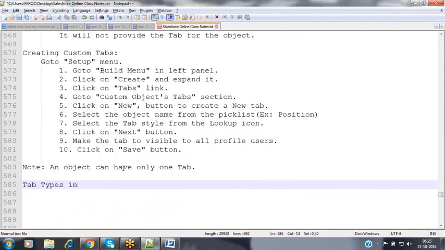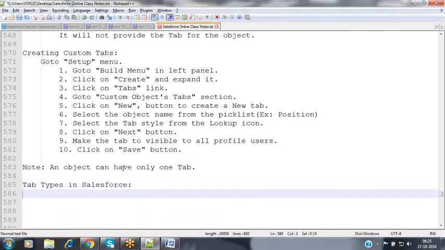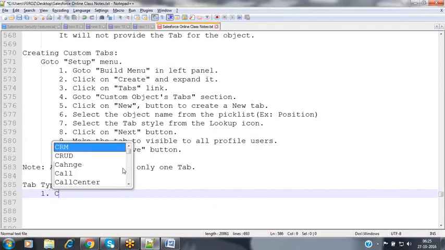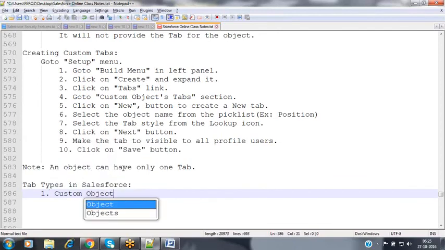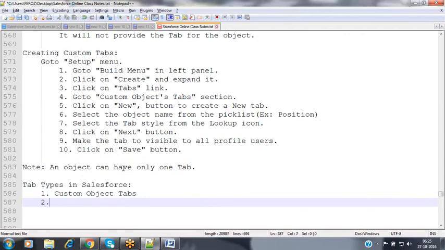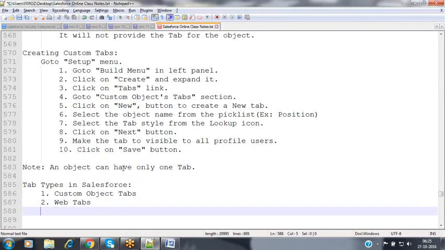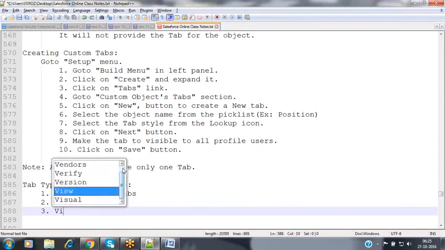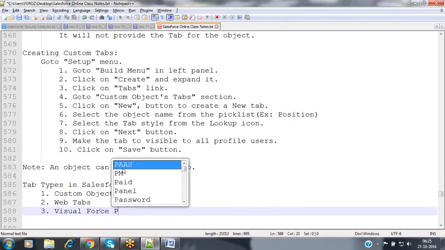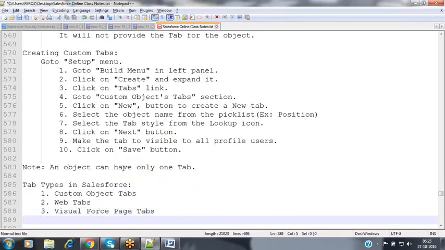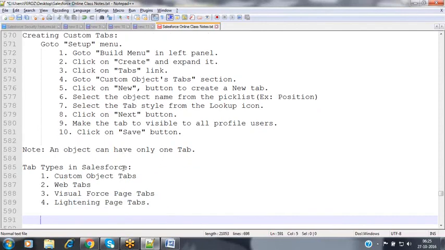Tab types in Salesforce: the first one is custom object tabs, the second one is web tabs, the third one is Visualforce page tabs, and the fourth one is Lightning page tabs. These are the four types of tabs available in Salesforce.